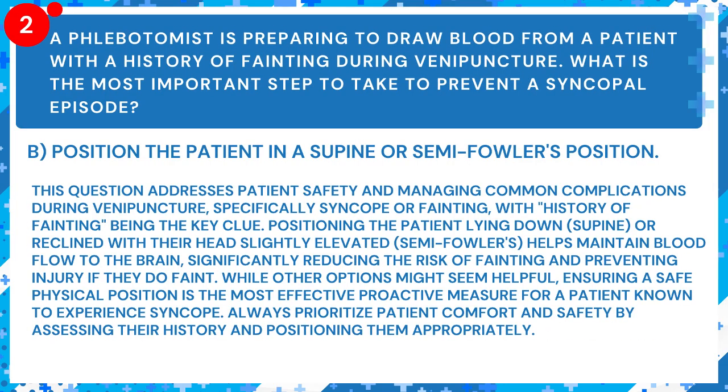Answer: B. Position the patient in a supine or semi-Fowler's position. Explanation: This question addresses patient safety and managing common complications during venipuncture, specifically syncope or fainting, with history of fainting being the key clue. Positioning the patient lying down, supine, or reclined with their head slightly elevated, semi-Fowler's, helps maintain